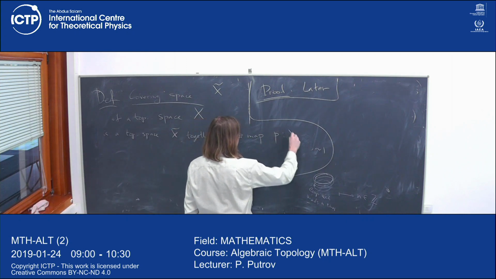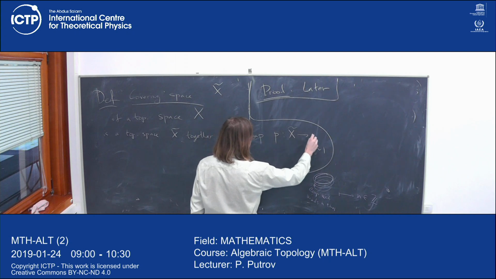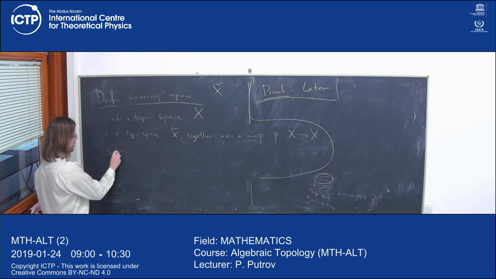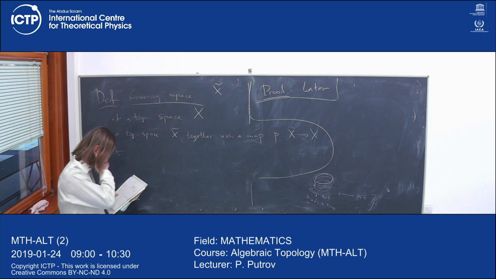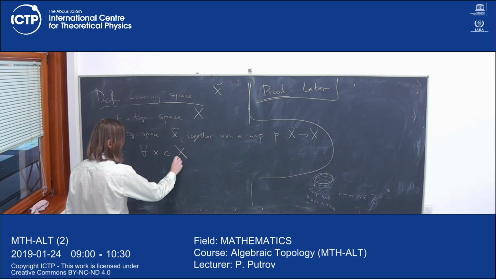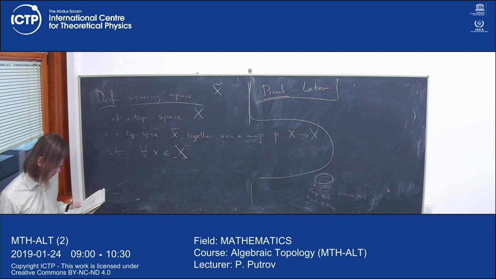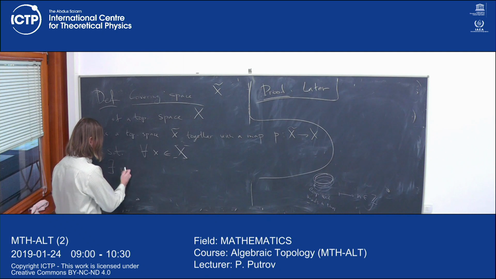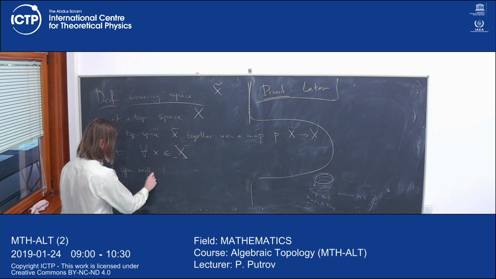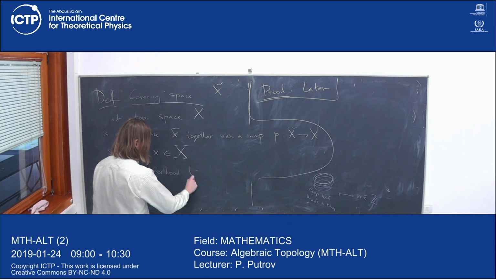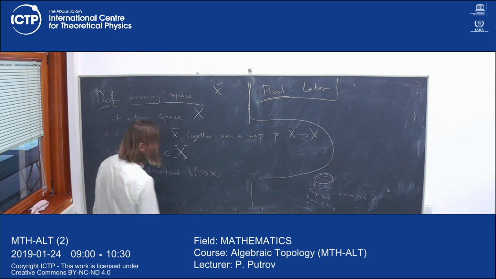The map is continuous, as always in this course, such that for any point x0 in big X, there exists an open neighborhood U of x0